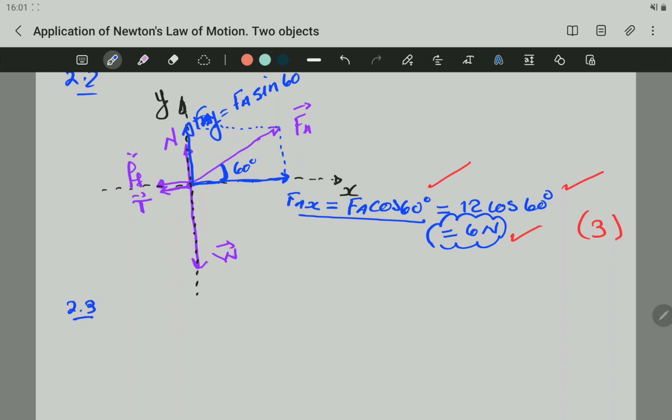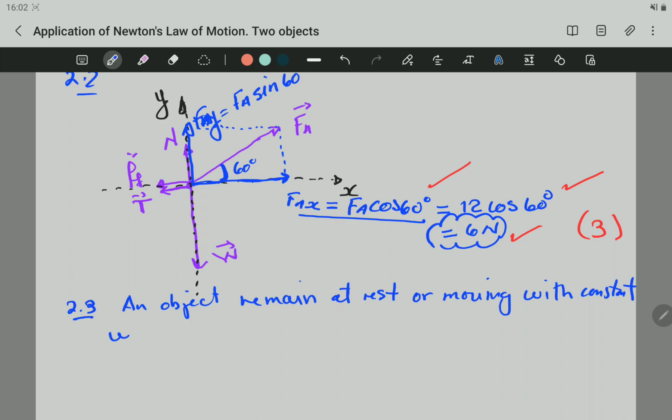2.3. Now, this law states that an object will remain at rest or moving with constant velocity. And the word constant velocity means same speed or constant speed in a straight line. That is the meaning of constant velocity. So an object remains at rest or moving with constant velocity unless